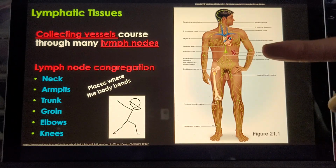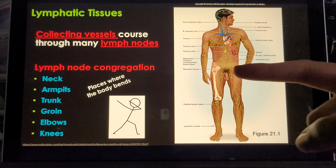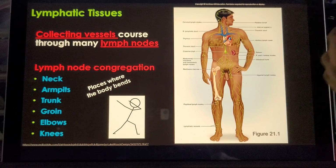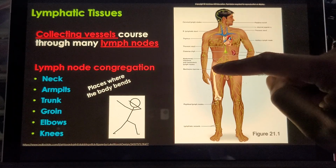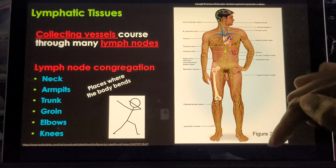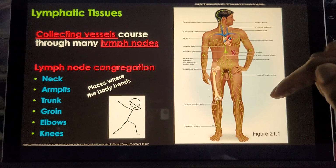Your elbows and the knees. So places where you bend, that's where you're going to have a good collection of your lymph nodes. This is because as you're draining fluid, obviously in your extremity areas like your hands or feet, you haven't actually collected much. So this allows you to collect a bunch and then get to an area where you can filter out the